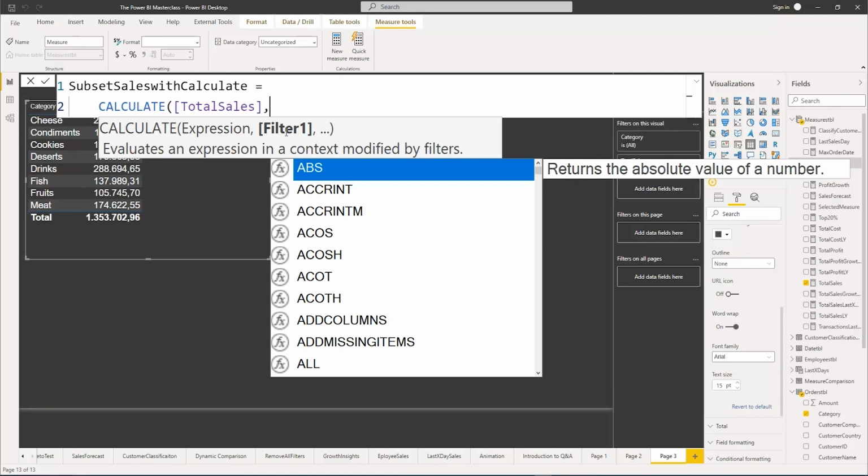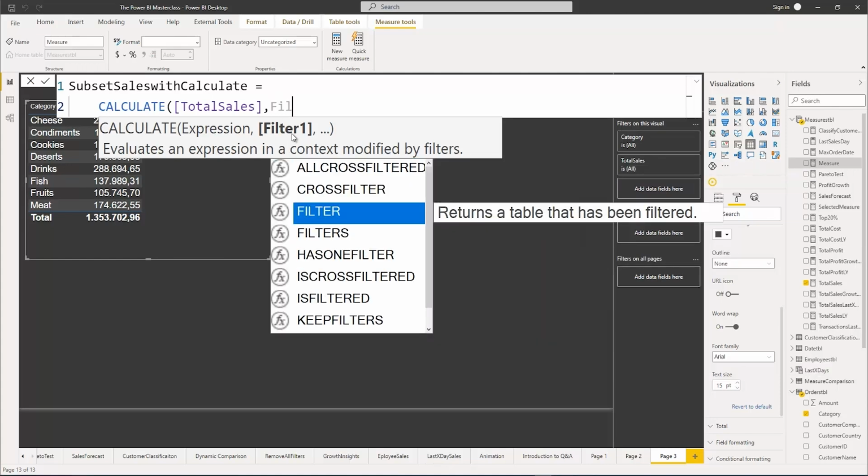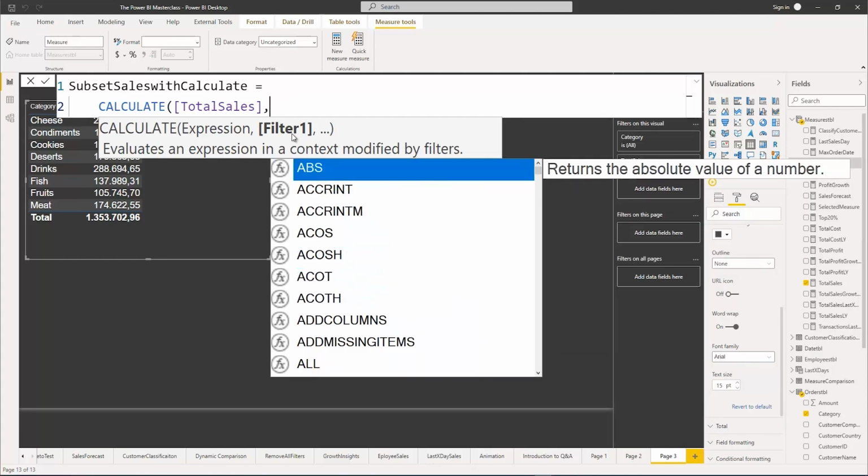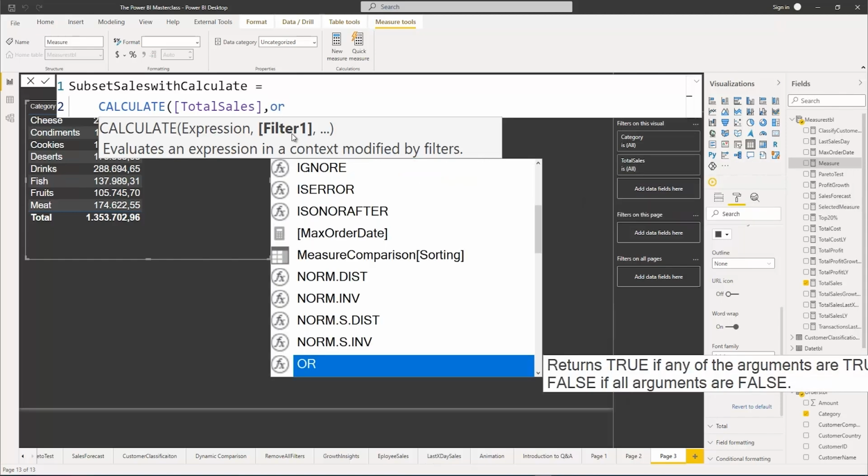This filter expression is the new table which will be evaluated. And on this table, based on the filter table, the total sales will then be calculated, right? The expression will always be calculated on the filter. That is why these filter criteria in CALCULATE always return tables. The table itself can be created by using the FILTER function, or if you have taken my CALCULATE course, then you know that you can also use the arguments directly in here, as long as you are in the same table. So I'm going with my orders table here, and I make sure that from the orders table,